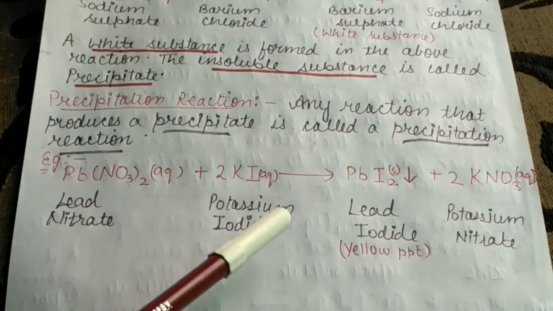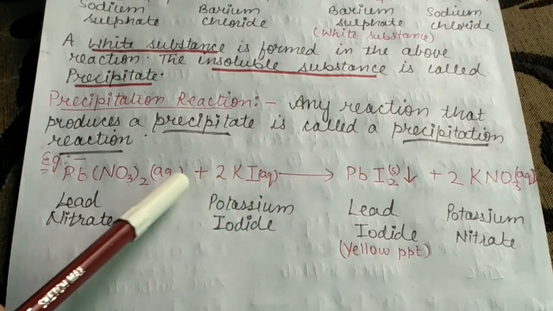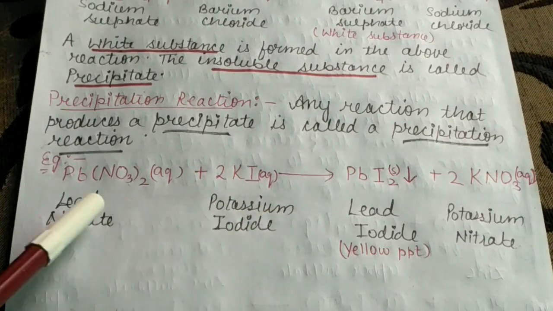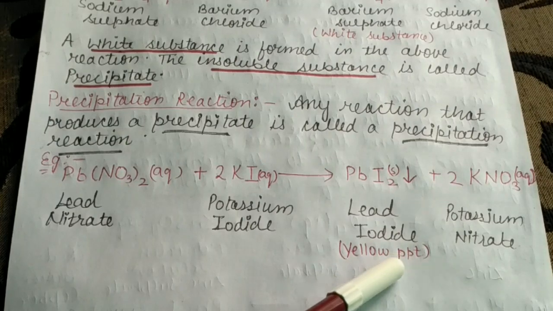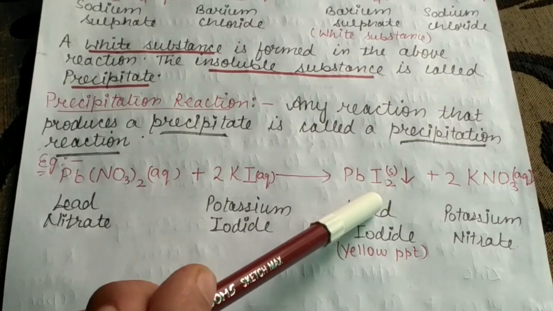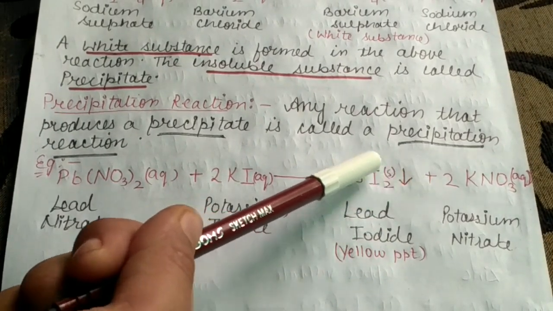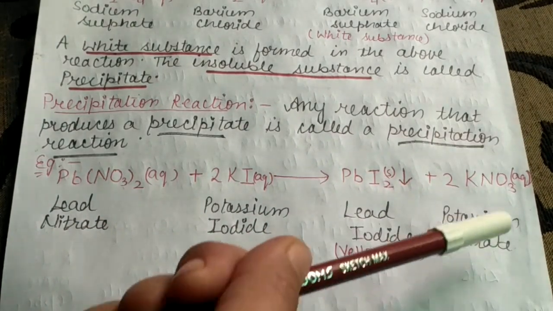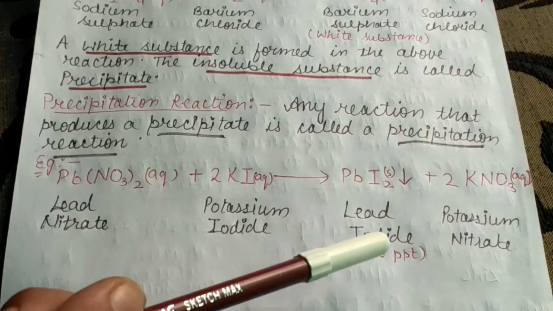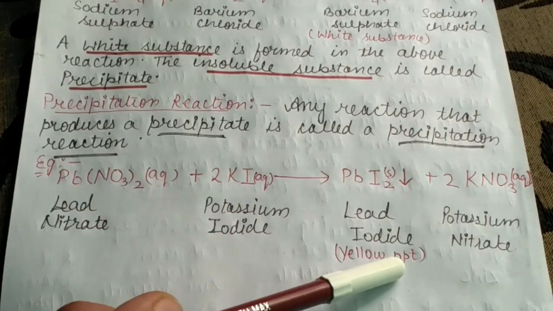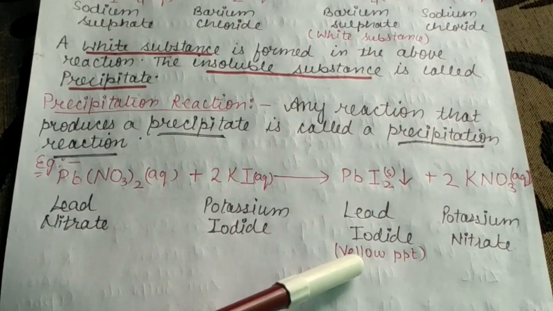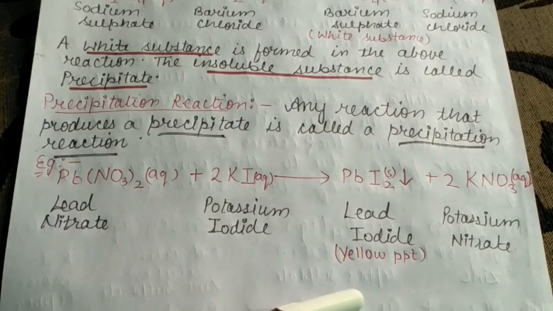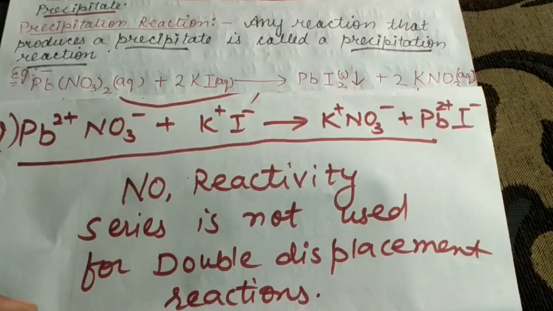So this is another example here. Lead nitrate and potassium iodide, they both are again in the aqueous form. We mix them, they react, and there is a formation of lead iodide. That is a solid, that is a precipitate. This is a sign of a precipitate. Potassium nitrate is formed as an aqueous solution. In this aqueous solution, these precipitates are formed, and it is important to note, beta, that it is yellow in color. Sometimes this is asked in exams also, what is the color of lead iodide precipitate. This is yellow in color.